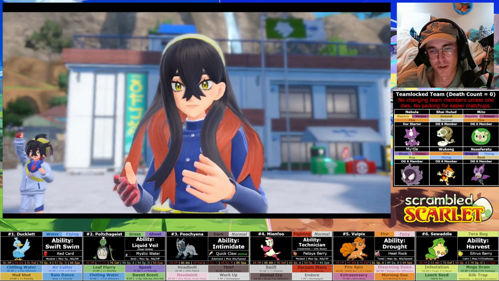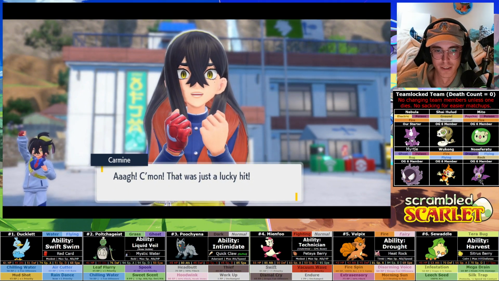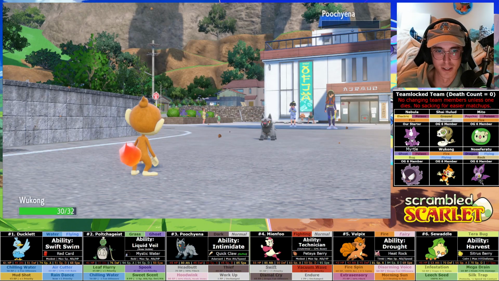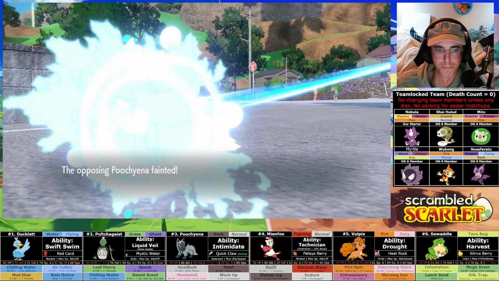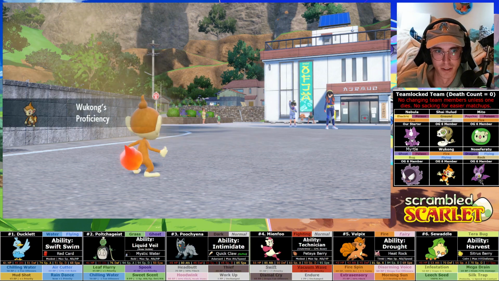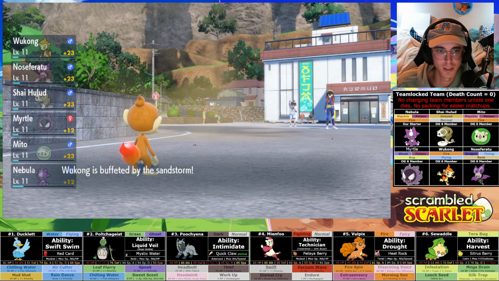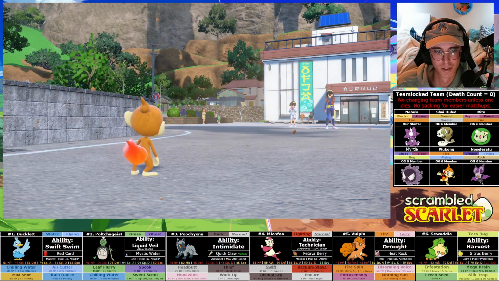Alright, please show me special attack boost. Come on. Come on, baby. Show me that special attack boost. Num num num num num. Delicious. Come on, hit me. Boom. Special attack. Huge. Alright, now if I'm not wrong...